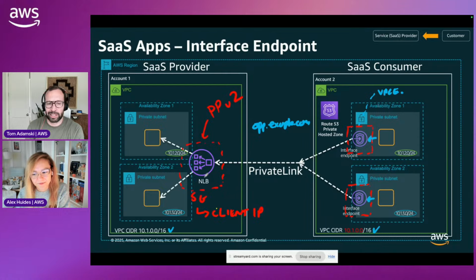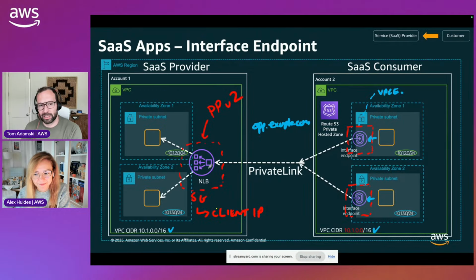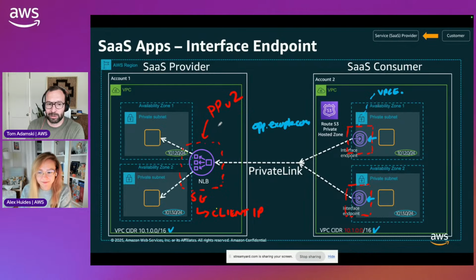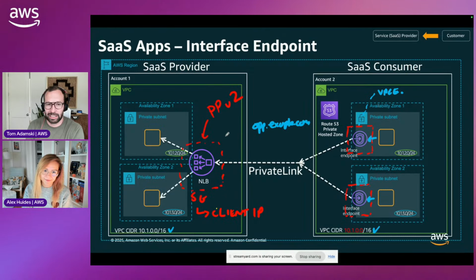It's something you can enable on the NLB. Because the NLB is TCP, it doesn't understand the application layer. Typically with HTTPS load balancers, you would add the client IP into an additional HTTP header, but the NLB might be transporting TCP traffic that's maybe HTTP, maybe not HTTP, so it has no way to make any changes in the application layer. So proxy protocol version 2 operates on the TCP layer. What it will actually do is it will wedge information about the client IP and I think VPC ID into the TCP